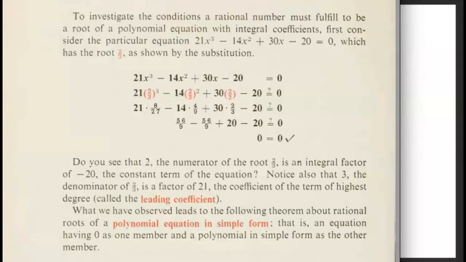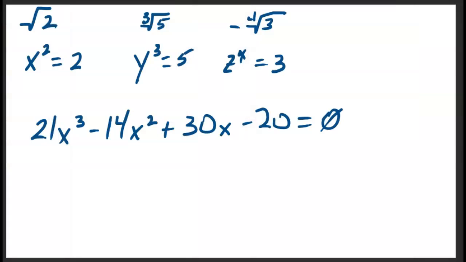Okay? And so what is the theorem there in the middle of that page, 250 or 256? If P and Q denote integers, where Q does not equal 0, such that P over Q is in lowest terms and represents a rational root of a polynomial equation in simple form with integral coefficients, then P must be an integral factor of the constant term and Q an integral factor of the leading coefficient in the equation. Okay, so